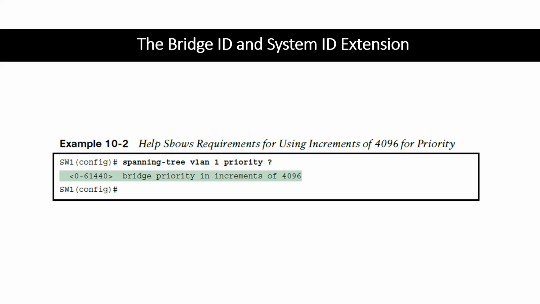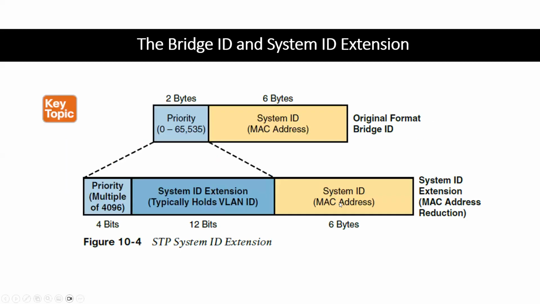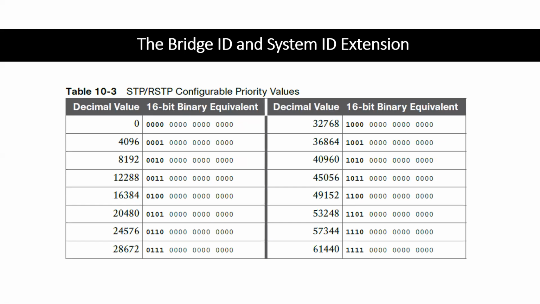What that actually does is, whenever you configure the primary, it's going to set the priority to 24,576, and we see that here. Or, because this is not a hard number, it's going to either do that or set it to 4096 less than the current